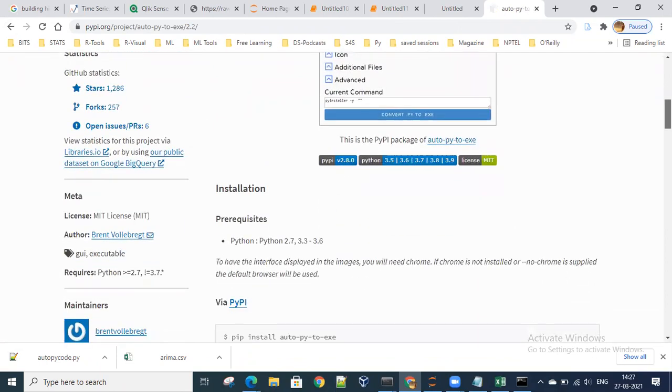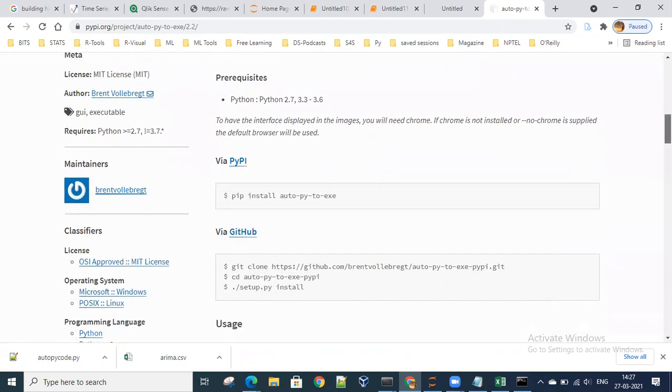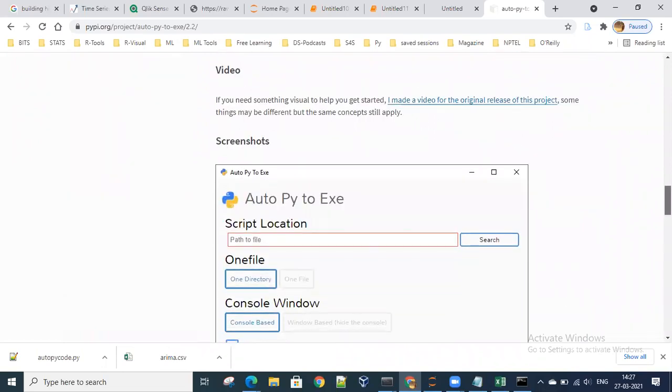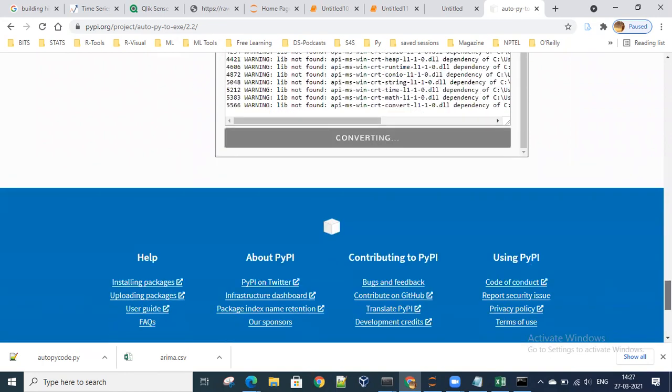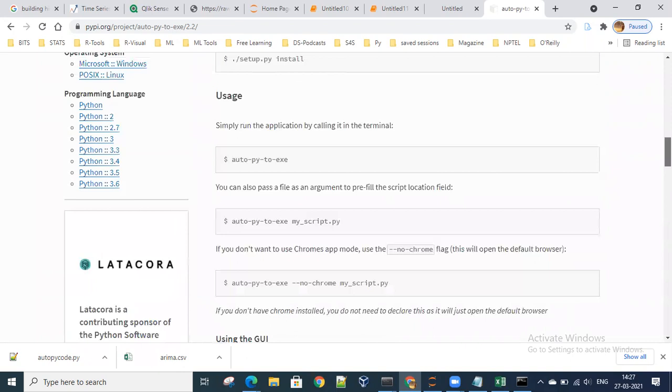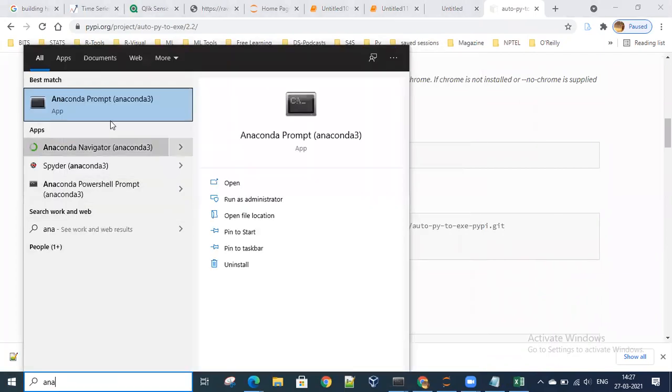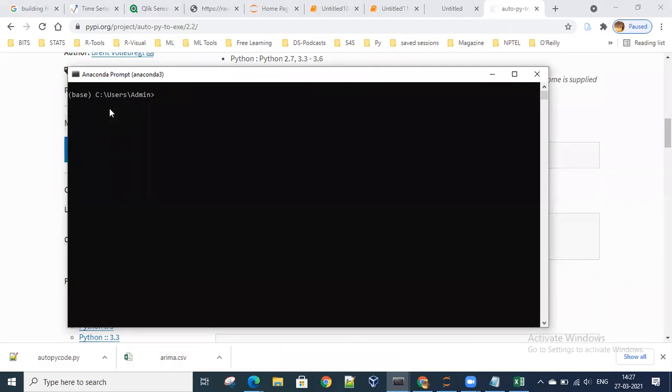So just give me a second, let me see how it works. I'll see what happens.